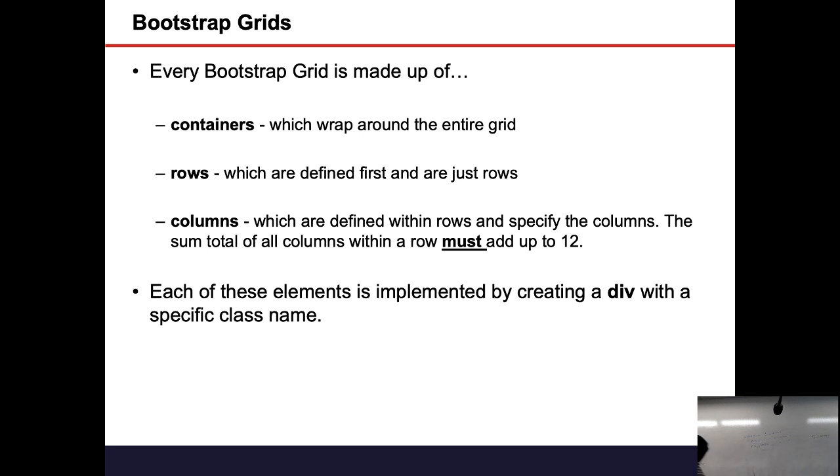Every website that you make using Bootstrap, you have a container. Within the container, you have a row, and then you have 12 columns available. Every row must add up to 12 columns. Can I have less number of columns? Yes, you can. Same answer. Will it look like what I'm expecting? It will not. If I do 13, 14, 15, you can, but it's not going to look as you want. The basic rules are 12 columns within one row.